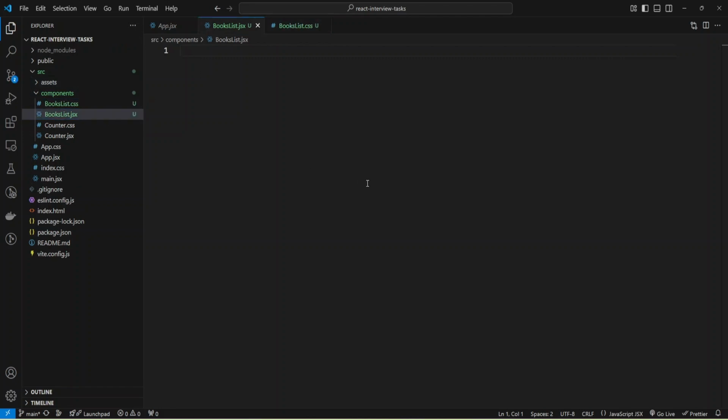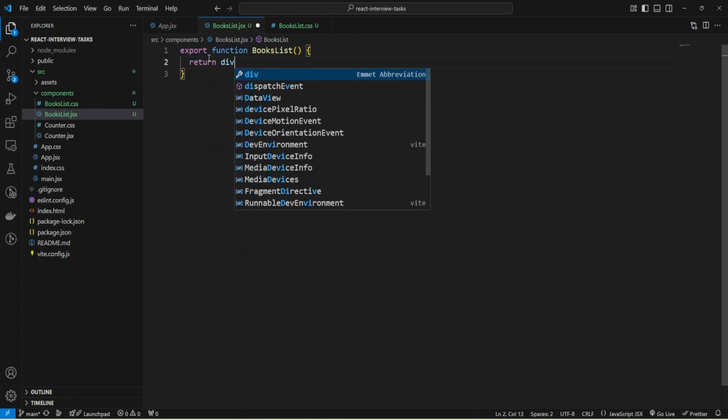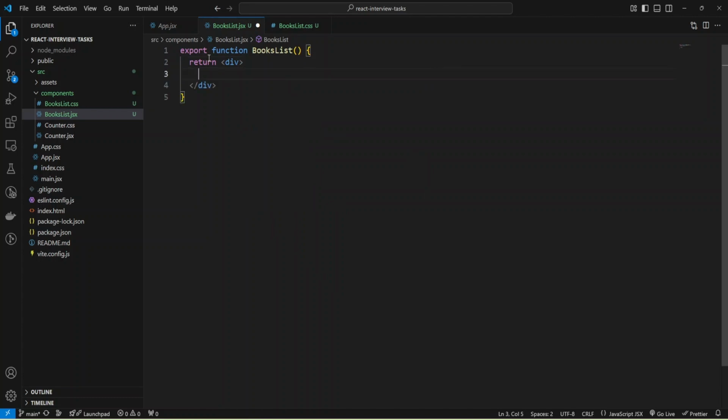Okay, and let me create a functional component. I'm going to export it and create a function and provide the name BooksList. And let's return some JSX. I'll create a div for the container, and inside the div we'll provide an h2 tag and some text like books list, and also